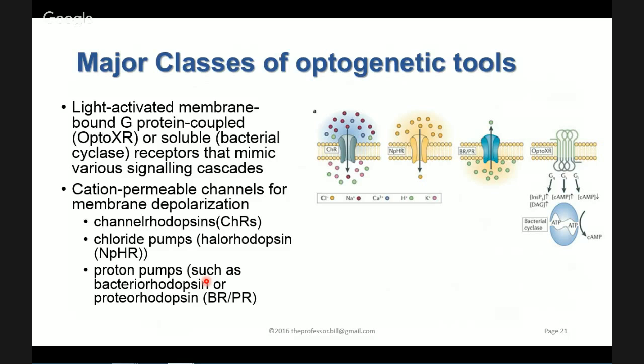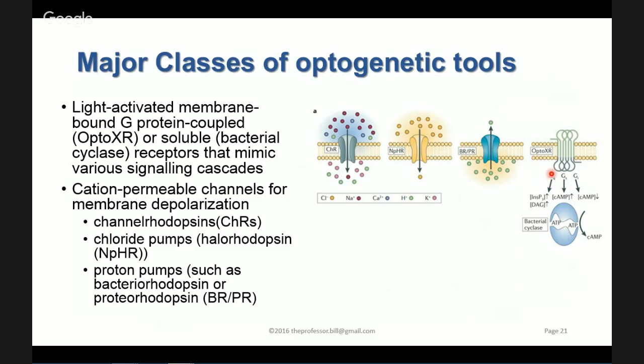But these are sort of the next generation of optogenetic tools. Some of you will have heard of chemogenetics or pharmacogenetics, where you use a drug to activate either the DREADD system or others. But there is sort of another version in optogenetics where using light, we can actually stimulate G protein coupled receptors,